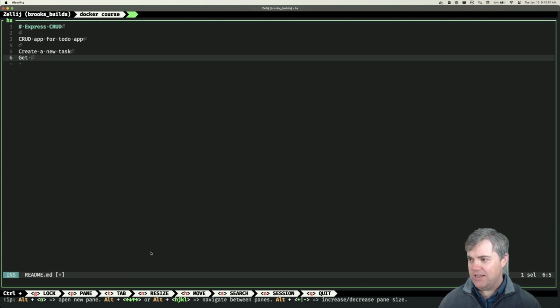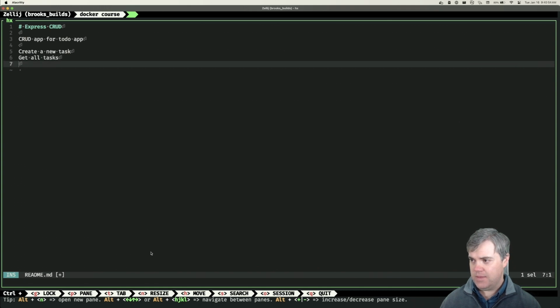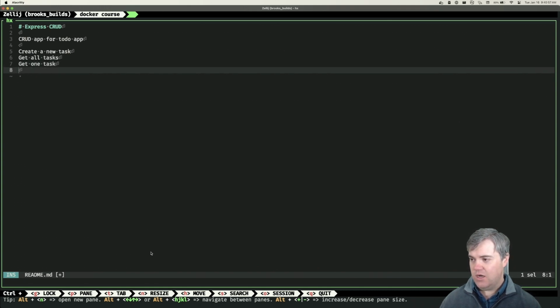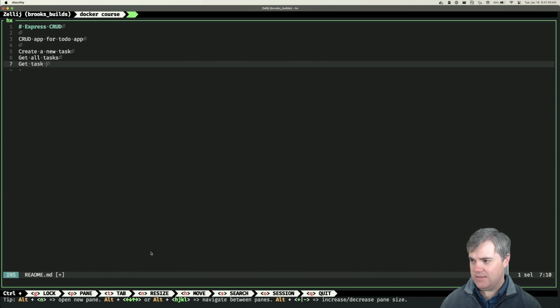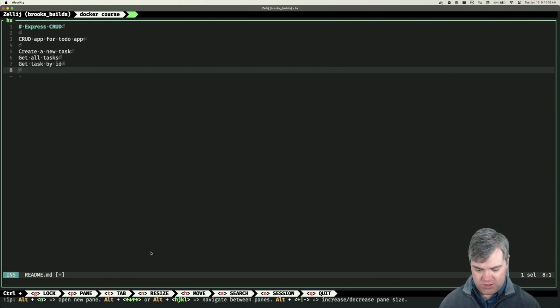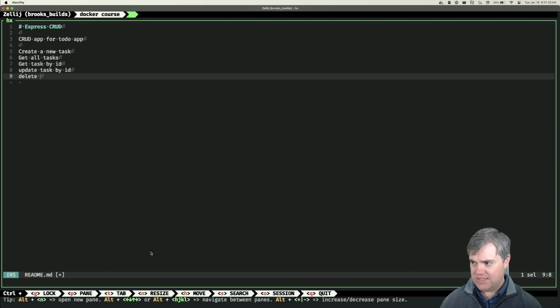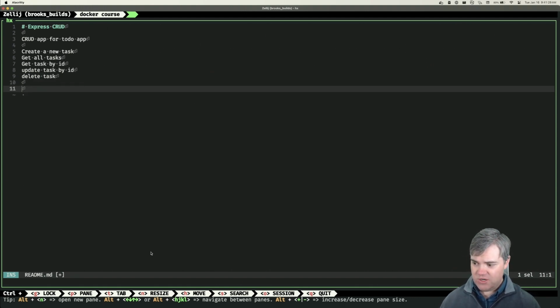We want to get all tasks, get one task, which is get task by ID. We want to update task, update task by ID. We want to delete task. Okay, nice and simple for that. Our database structure. Okay, so we needed, oh, we should have